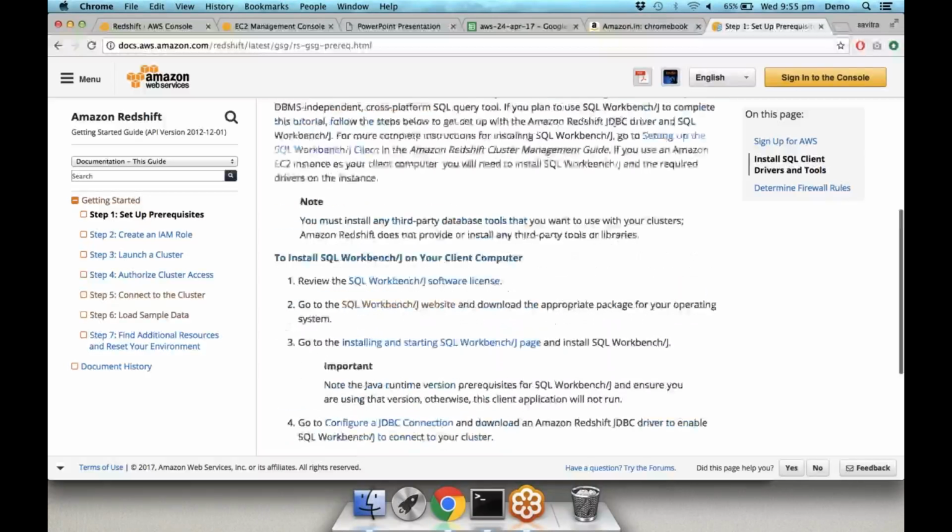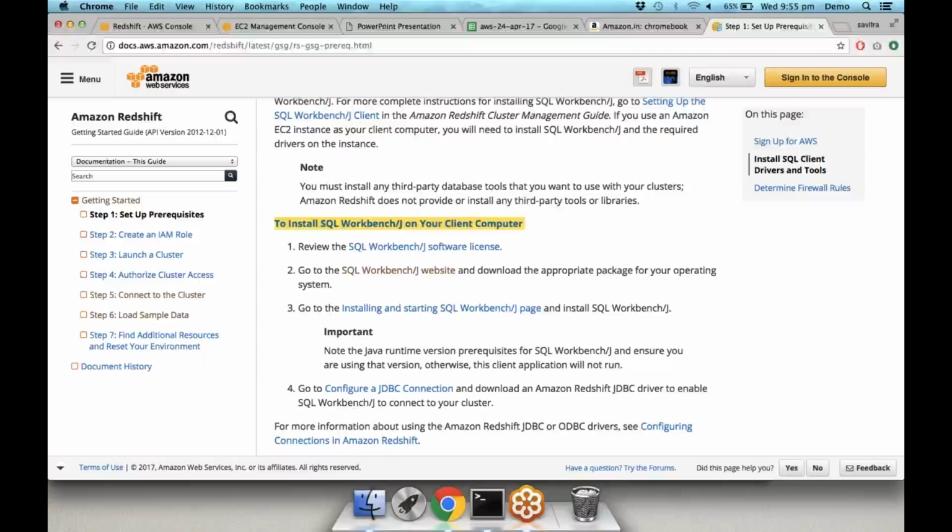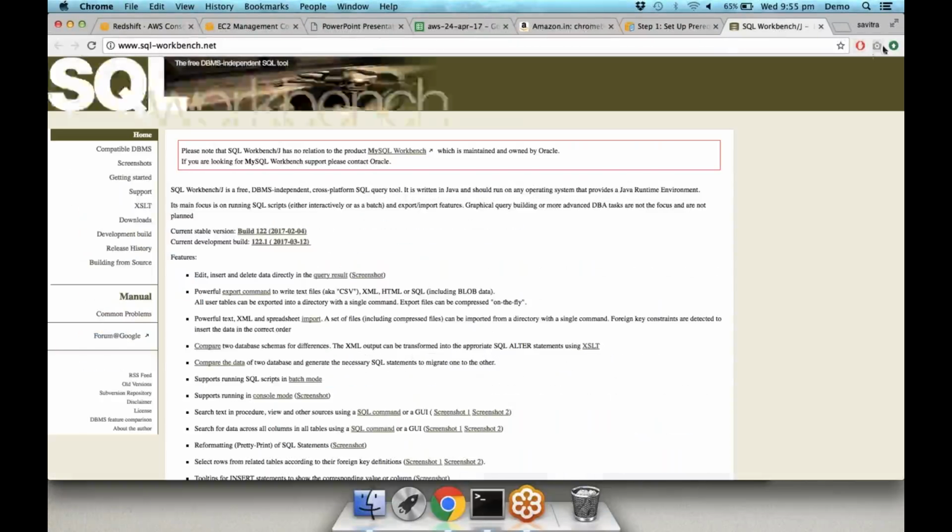All right, so you can see here, install SQL Workbench. There's a step-by-step guide as well. You can also take a look at the SQL Workbench website to see how to download it, and some documentation as well. Here it also says SQL Workbench is not related to MySQL Workbench, which we discussed